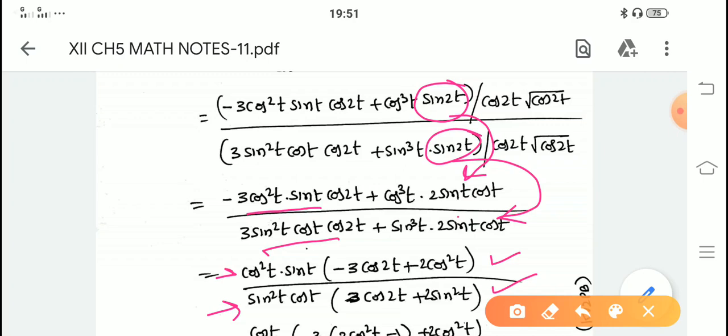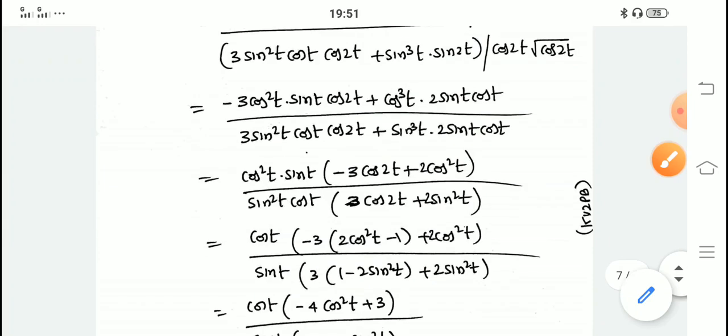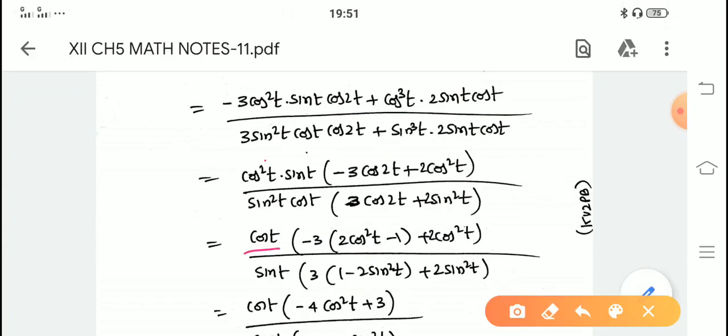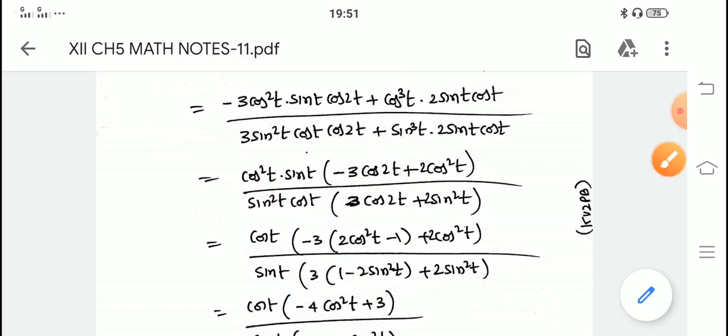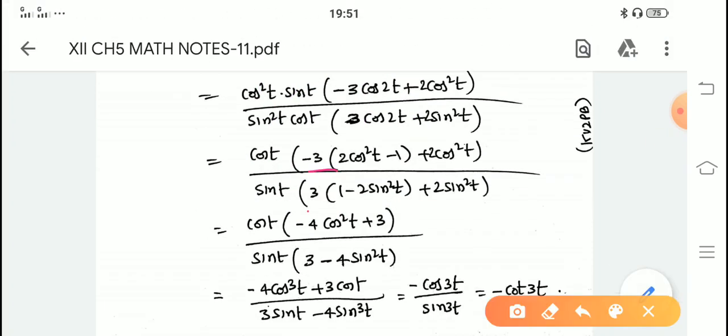Make a pause and just look at how much is common and how much remains inside. Minus 3 cos 2t into 2 cos square t here, 3 cos 2t into 2 sin square t here. Look next. Then here cos square t and cos t cancel, sin square t and sin t cancel, so cos t by sin t is left. Outside cos t, so for cos 2t write the formula 2 cos square t minus 1. Here outside sin t, write in place of cos 2t, 1 minus 2 sin square t. Then keep other things as they are. Then start simplification. After multiplying, this minus 3 and this plus 3 inside, you get this format.